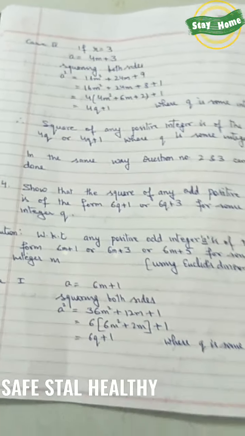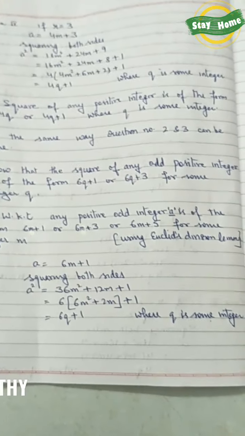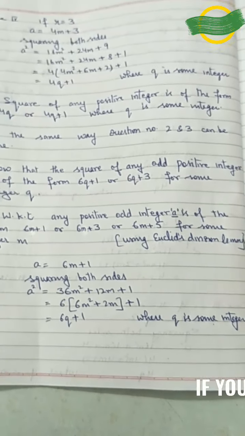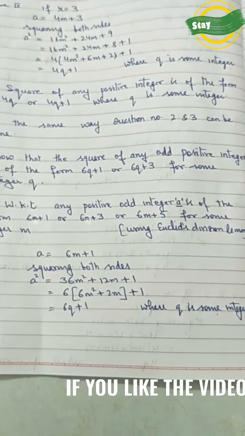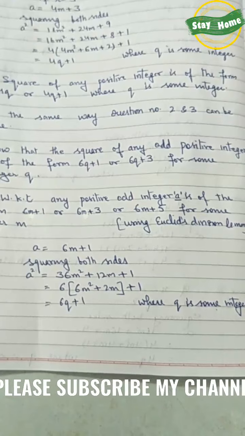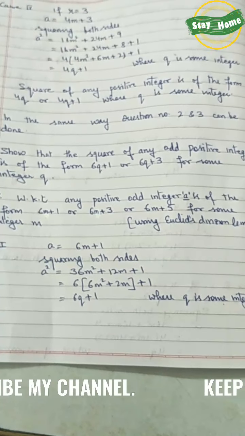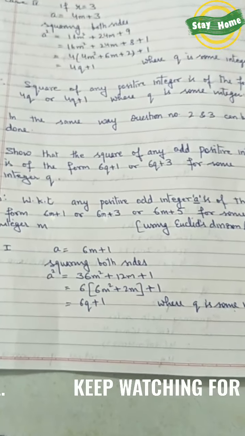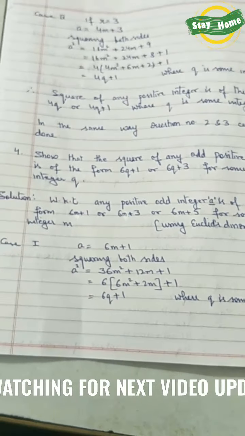But in NCERT we have done the first exercise 1.1, second question: show that any positive odd integer is of the form 6q plus 1 or 6q plus 3 or 6q plus 5. I hope you remember. Yes, so we can take that as a result. So how will we start our solution?